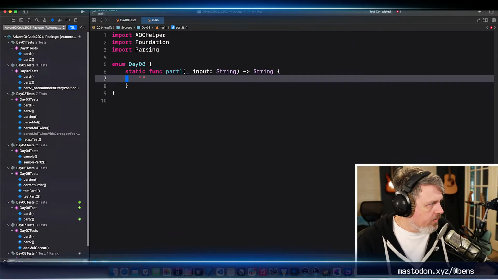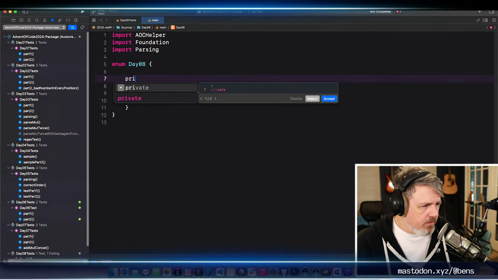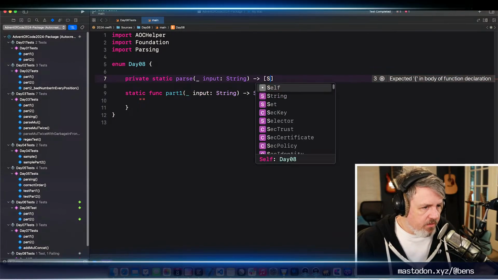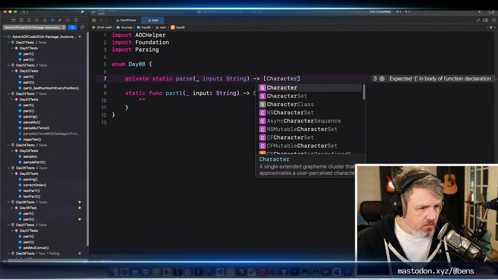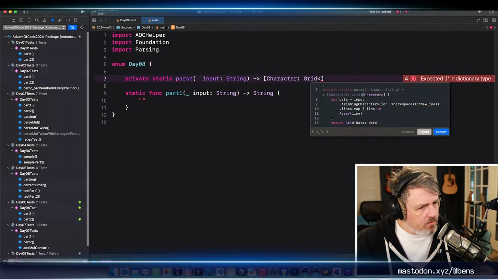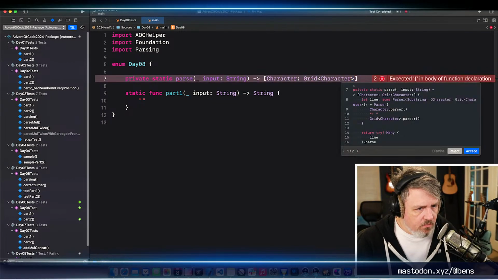So I think what we're going to end up doing is creating distinct grids. If I do a private static parse, which takes the input and gives us maybe a dictionary of character to grid of, we could do character for now.